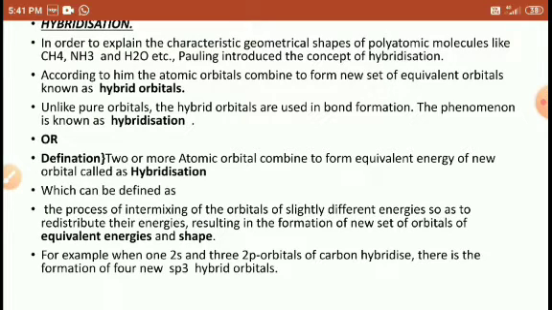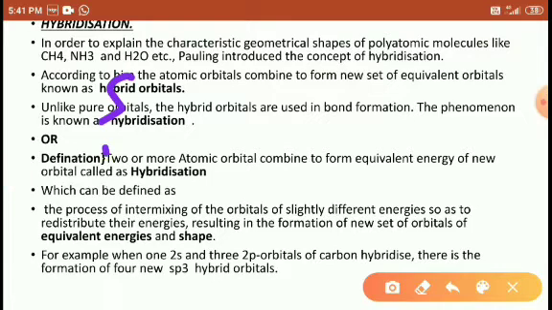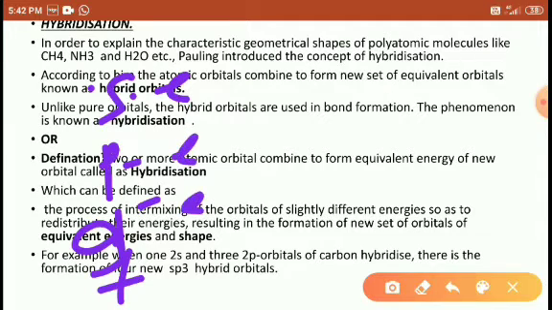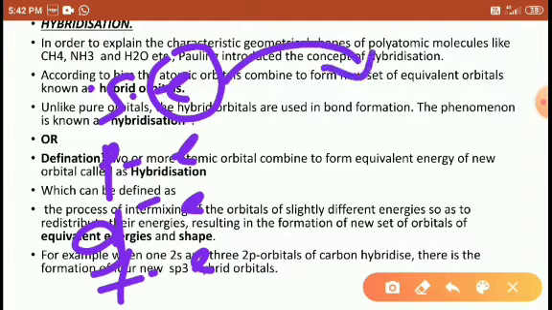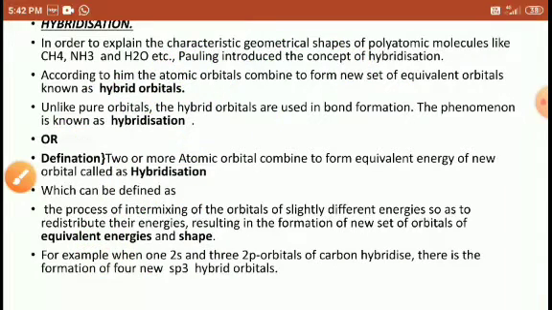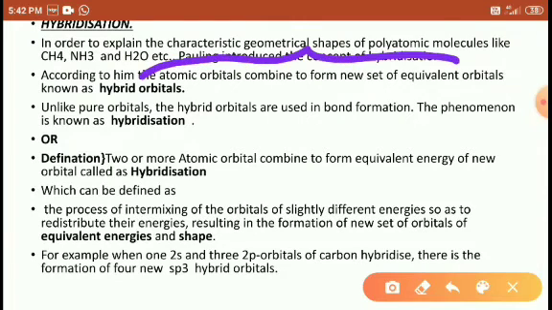The outermost electron might be present in the s atomic orbital, the p atomic orbital, the d atomic orbital, or the f atomic orbital. These outermost orbital electrons make bonds with other atoms. So that's why we consider the s atomic orbitals of the elements which are making a bond. Right. So atomic orbitals combine with each other.